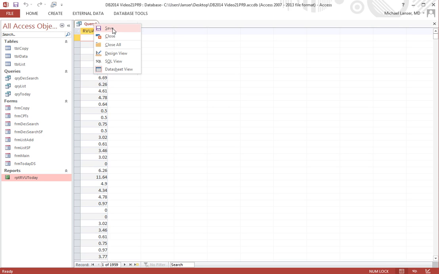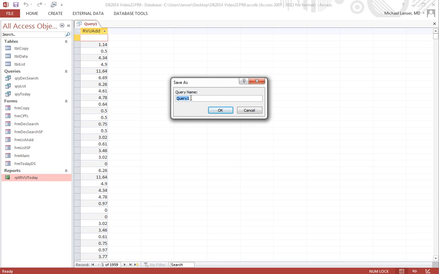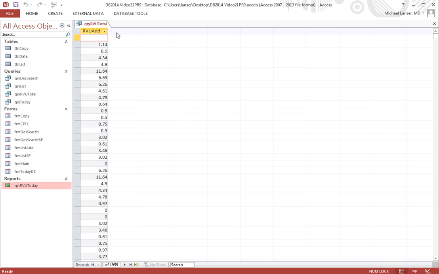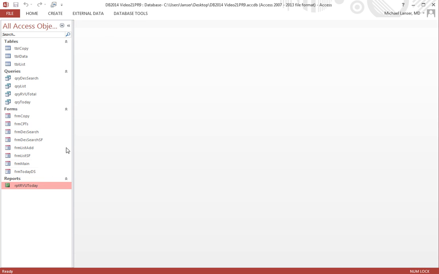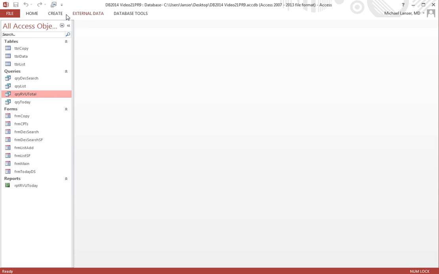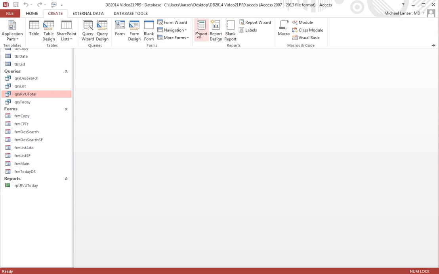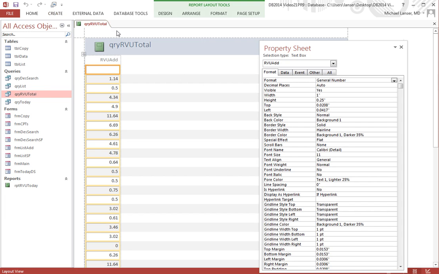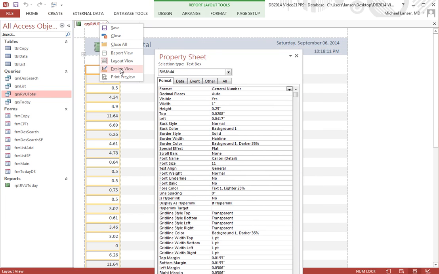So you can save this query and give it a name, QRY RVU total, and we'll save that and save and close. Now we want to go to our report and create a report based on this query. So we'll make sure we're highlighted here, do report, and by default it comes up in the layout view. We'll go to design view,